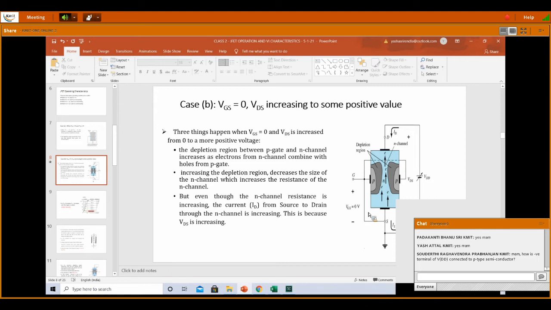Drain and source are both taken from the N-type bar. Drain is connected to the positive terminal and source is connected to the negative terminal. We are still discussing what happens when this VDS is varying. Later, in the third case, we will give supply to VGS, where the P-type material is given a supply. This operation is explained based on an N-channel JFET. N-channel means the main bar will be of N-type material.